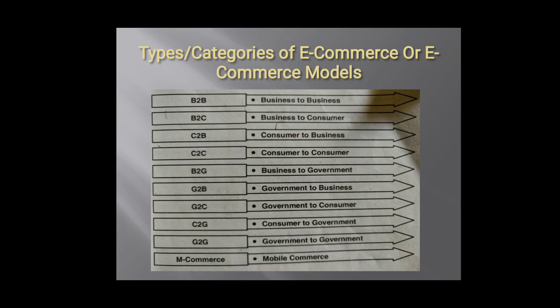Next is C2B, that is consumer to business. Now, consumer to business transactions involve reverse auctions, which empower the consumer to drive transactions. A concrete example is when competing airlines give a traveler the best travel and ticket offers in response to the traveler's post that she wants to fly from New York to San Francisco. Now, when you talk about consumer to business,